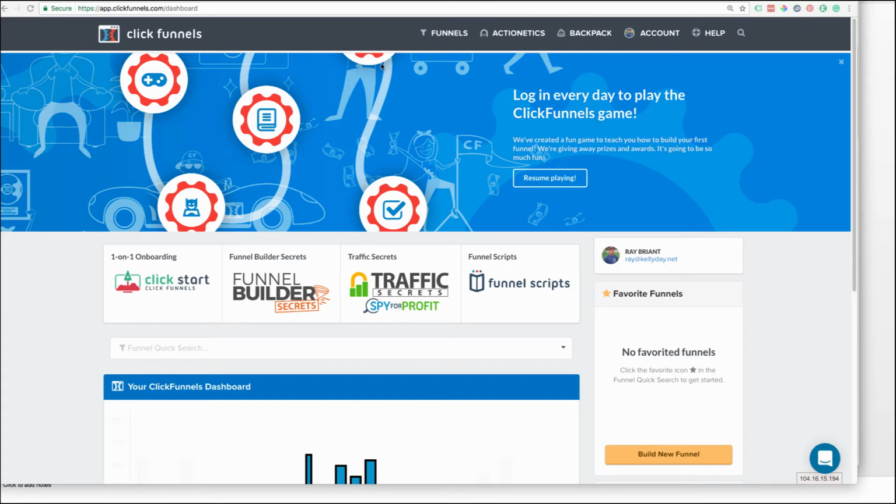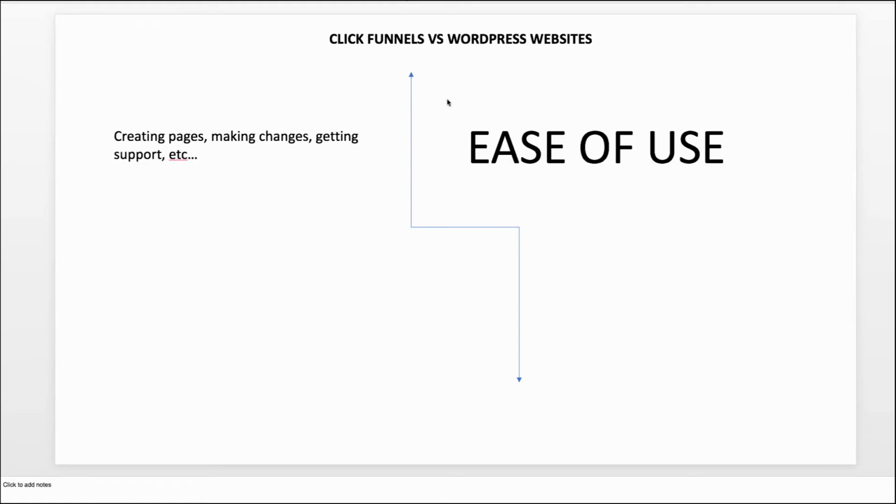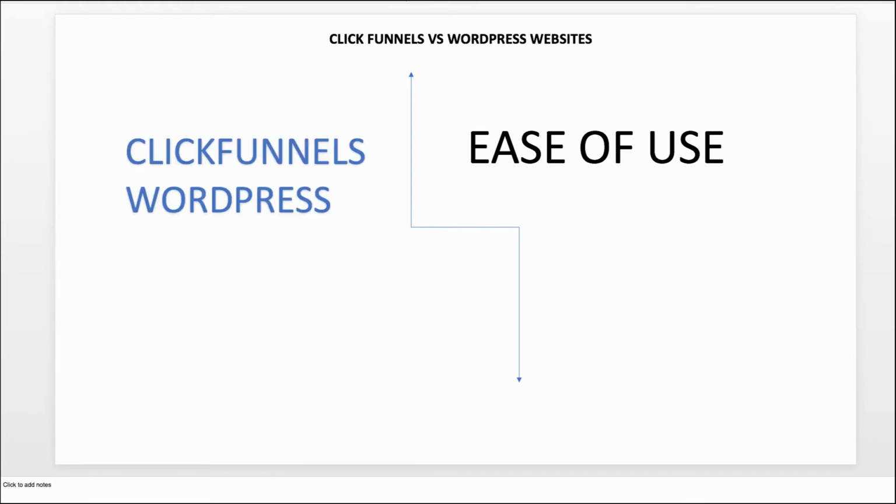So going back into it, let me go into a different presentation here and show you Clickfunnels versus a WordPress website. What I did here is I broke it down into 4 different components. For ease of use, I said that's creating pages, making changes, getting support, and that kind of stuff. And for that, I would say that Clickfunnels definitely is better than WordPress for ease of use, because they really